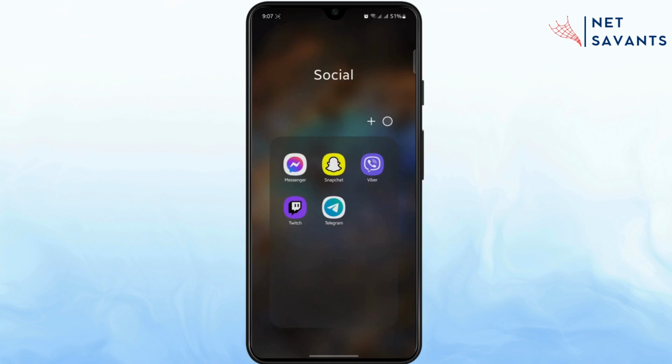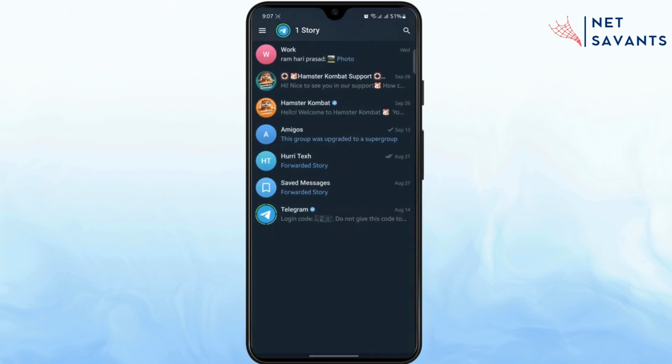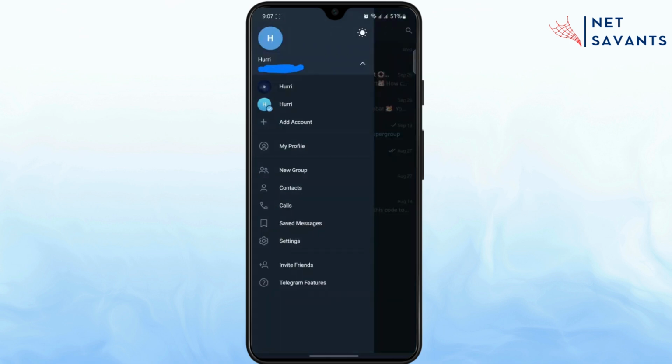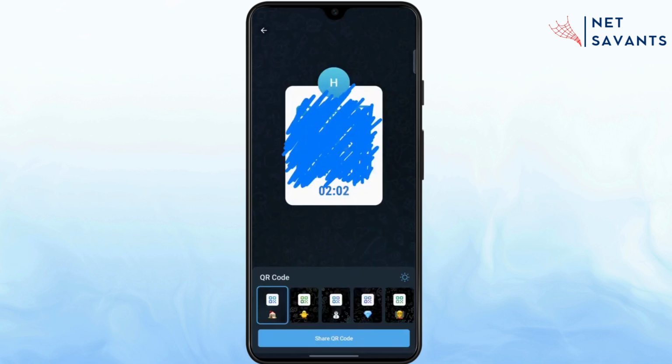Let's get started. First of all, you will need to open your Telegram app, and once it is open, you can just tap on these three lines at the top left corner. From here you can just tap on this settings menu. And now once you are inside your settings, you will see this QR icon at the top of your screen. Just tap on it. And here you will see your QR code timer,